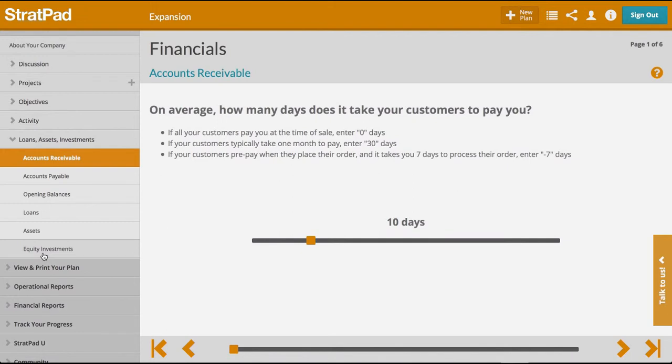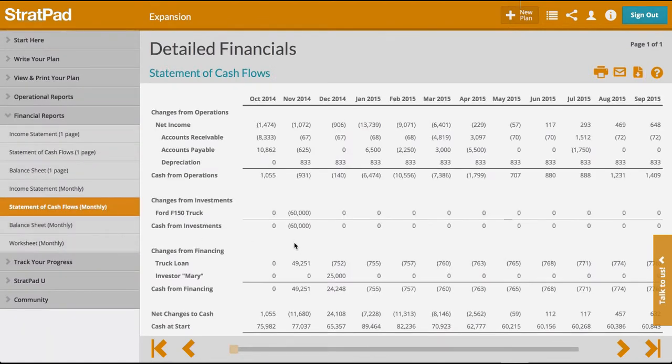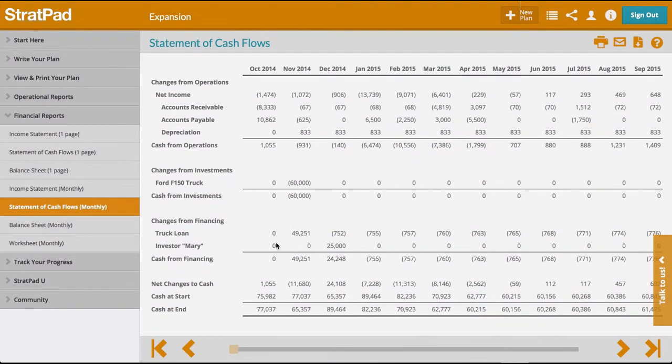The first thing, and pretty critical, go into your financial reports, go down to your statement of cash flows, and take a look at the very bottom line. You may not understand completely all the other things that are going on, but the very bottom line is critical. If this is negative anywhere along the line, it means that your business is going to be out of cash at that particular point. You need to look at this now, and you need to figure out how to resolve that now, which may mean getting a bigger loan, changing your payment policies, not hiring staff until later, and so on.